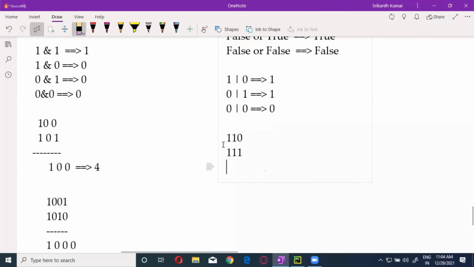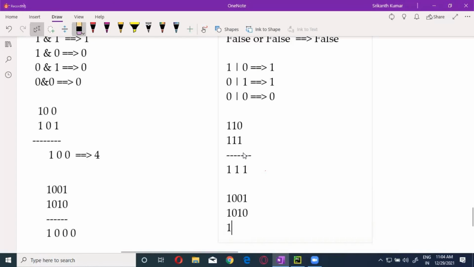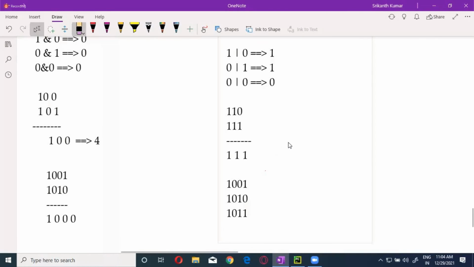So right. Now the first one, 1 or 1 is 1. That is nothing but 7 we are going to get. So if you are going to deal with 1 0 0 1, this is 9, and 1 0 1 0, then what we are going to get is 1 0 1 1. What is this? 11.